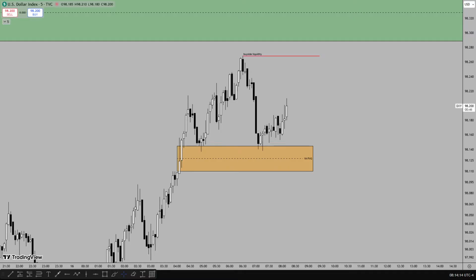So in yesterday's lecture, which was the 30th lecture of the 2026 Mentorship Program, we discussed price current data. I was trying to show you guys what I'm anticipating in price. I discussed the probability of price trading to a draw on liquidity, which I used the 1 minute. Now I did experience a little technical issue around the replay, but I think you can get most of it off the replay that you can find on the YouTube channel. You can get most of the content on the YouTube channel.